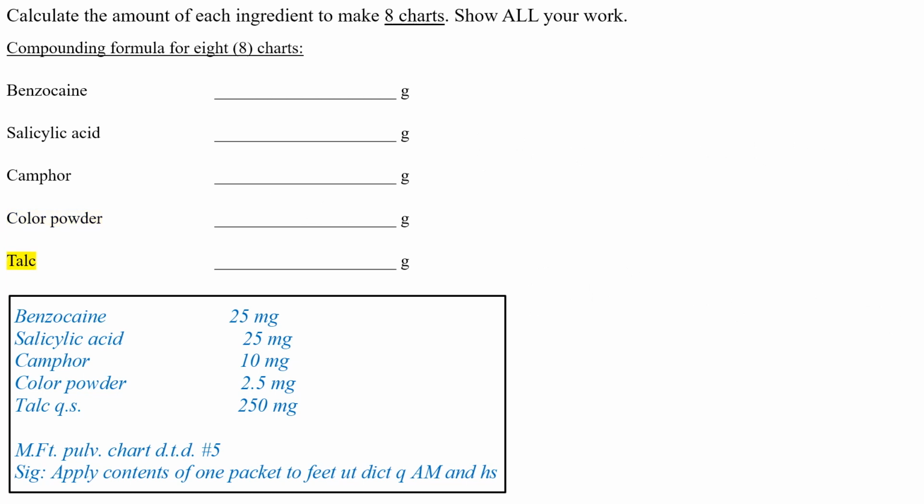For talc, a few extra steps are needed. QS stands for quantity sufficient, and in this context, it basically means to these other ingredients, add a quantity of talc that is sufficient to make the entire thing weigh 250 milligrams. Now, since we know the other ingredients are part of that 250 milligrams and the rest is talc, we can subtract the other ingredients amounts from the 250 milligrams, and we should get